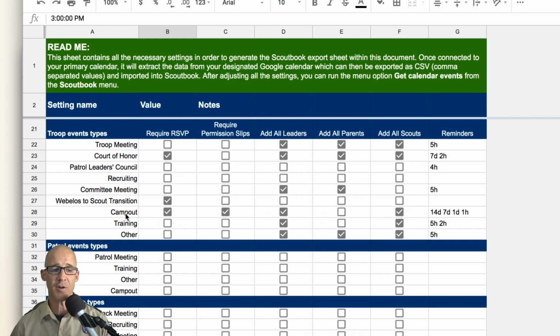When we take a look at, say, for example, our campouts do require RSVPs. We do require permission slips. We want to include all leaders in terms of notification and all scouts. And I don't necessarily need to include all parents because parents are notified as a result of scouts being included. But you can see that I have a larger number of notifications. I want to be notified 2 weeks out or 14 days, 7 days, 1 day, and 1 hour before the